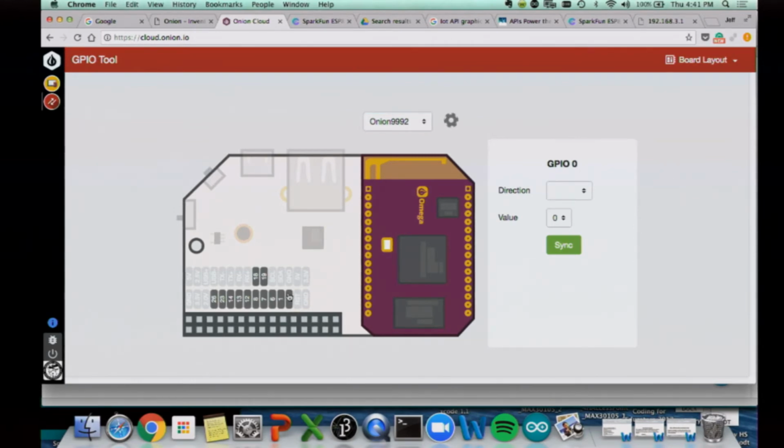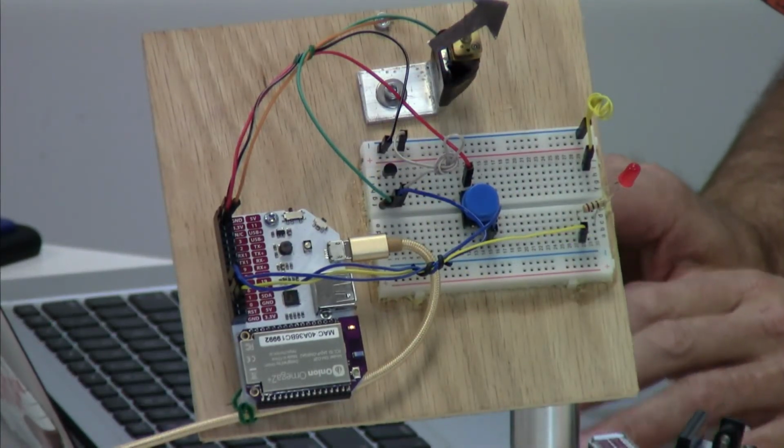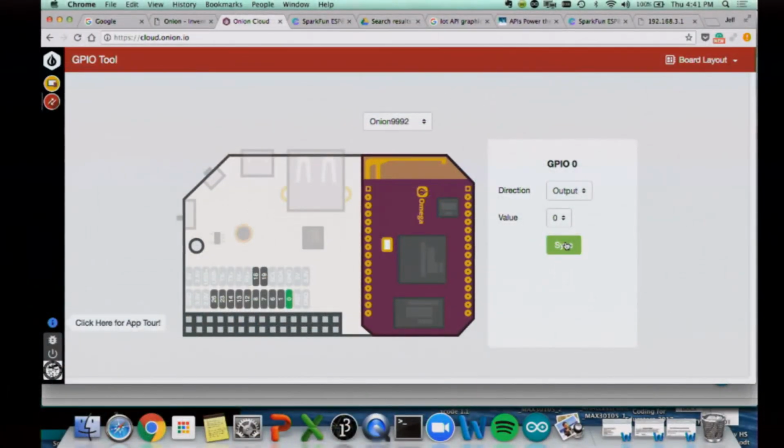I'm going to grab pin 0. I'm going to call pin 0 an output. And I have, if I'm not mistaken, just checking, yep, I have an LED hooked up to pin 0 right now. I'm going to sync this up just to make sure everything's talking to each other. And then I'll change that value from 0 to 1. And when I do that,